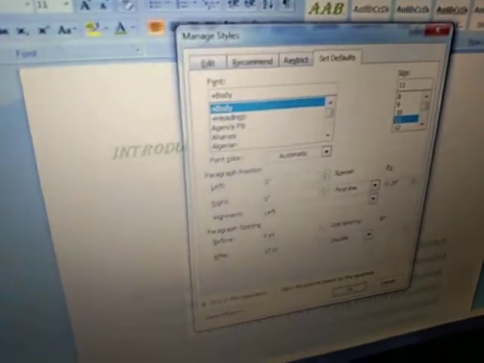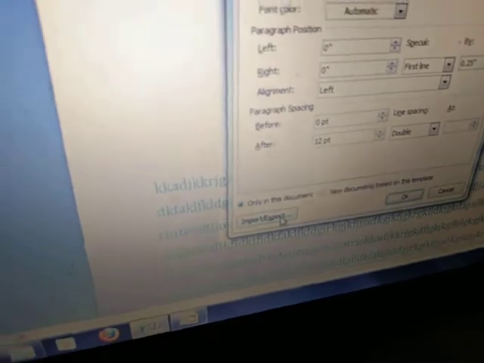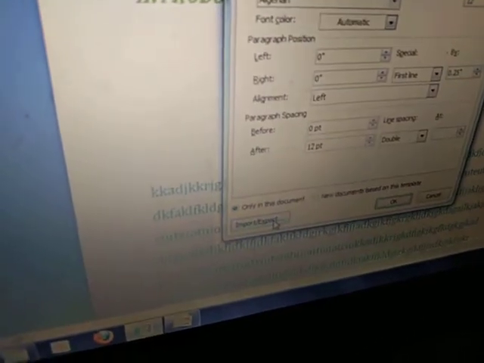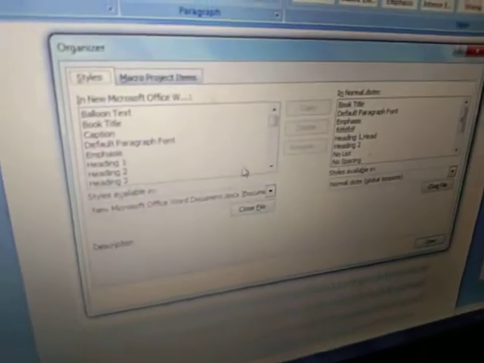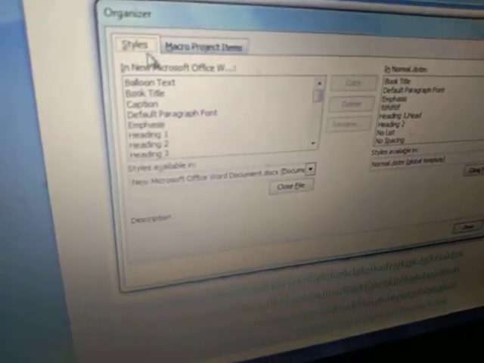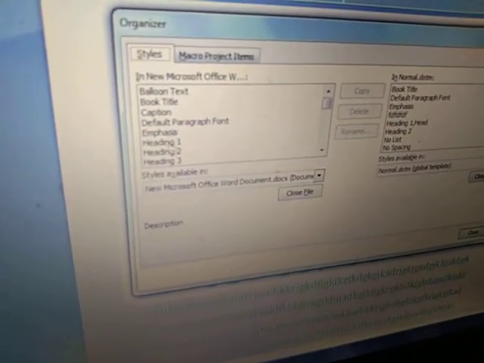Click on this one. When you click on this, a window will appear, and from here you will click on Import Export. Okay, click here and then this Organizer window will appear.